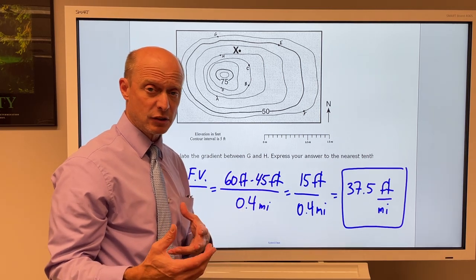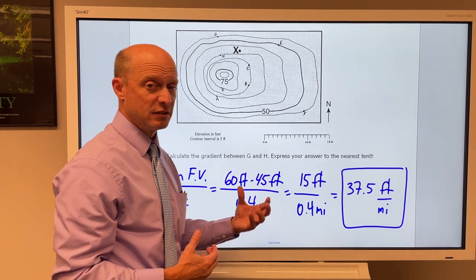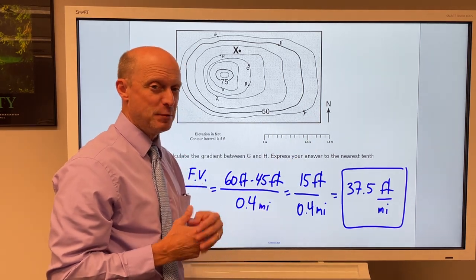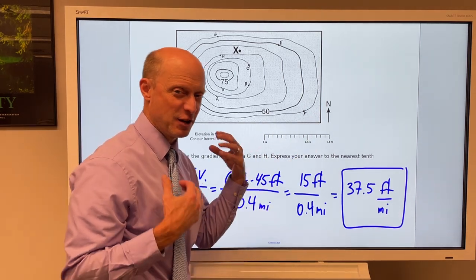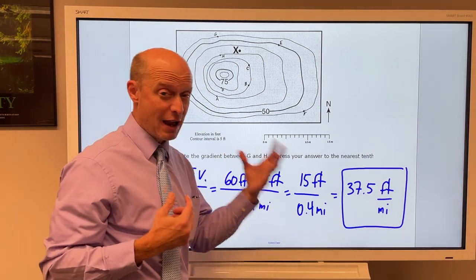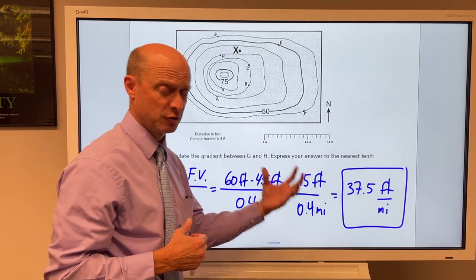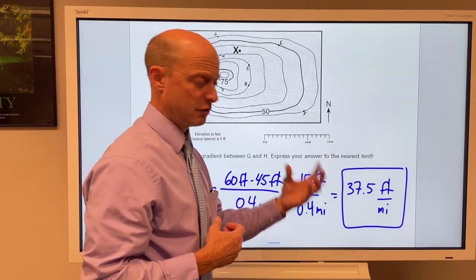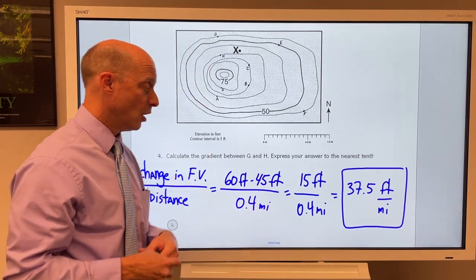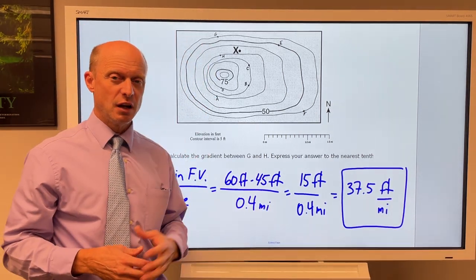And the real reason you want this is if you're hiking, or oftentimes if it's a road and you're driving a vehicle, how steep is the road? How steep is this hiking trail? Because if you're hiking and you're carrying a big pack, you want to get a sense of how steep that is. And if you're driving a vehicle and maybe you're towing some sort of trailer, or your vehicle is really large, can it make it up that grade is the word that they would use. So one of the uses of gradient